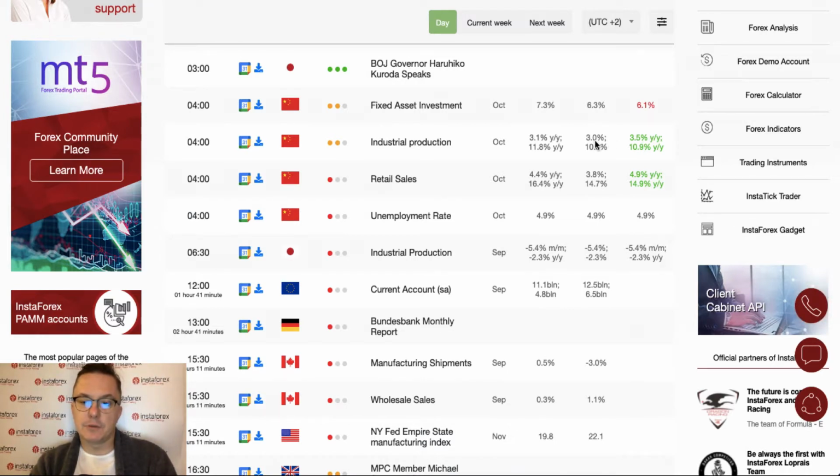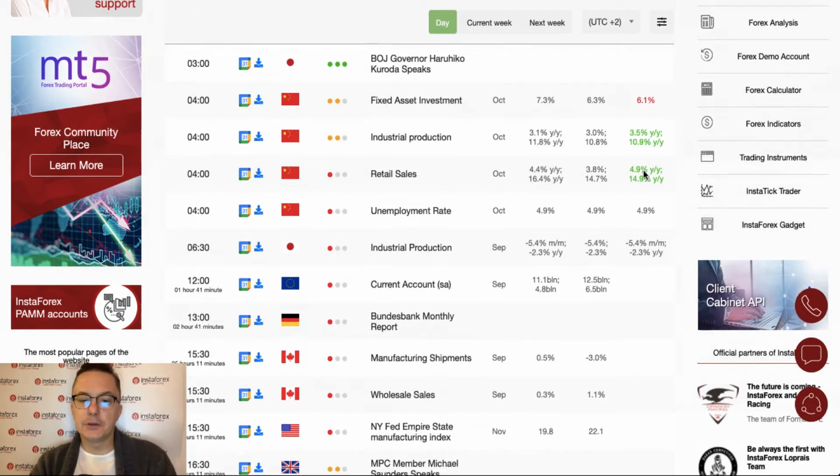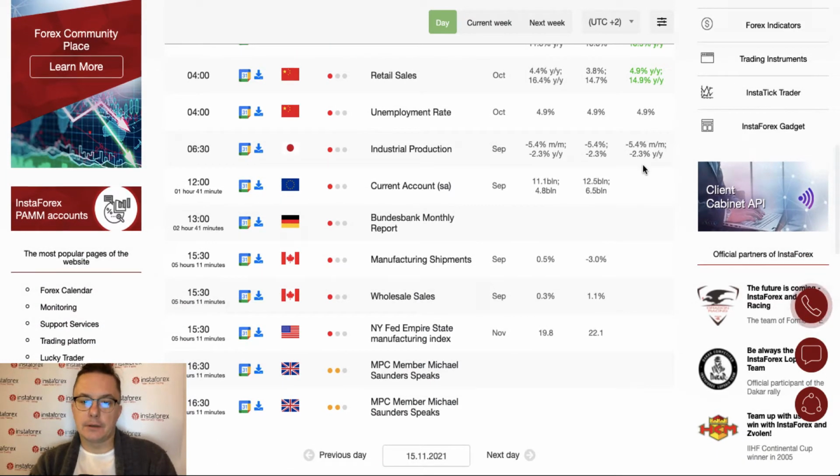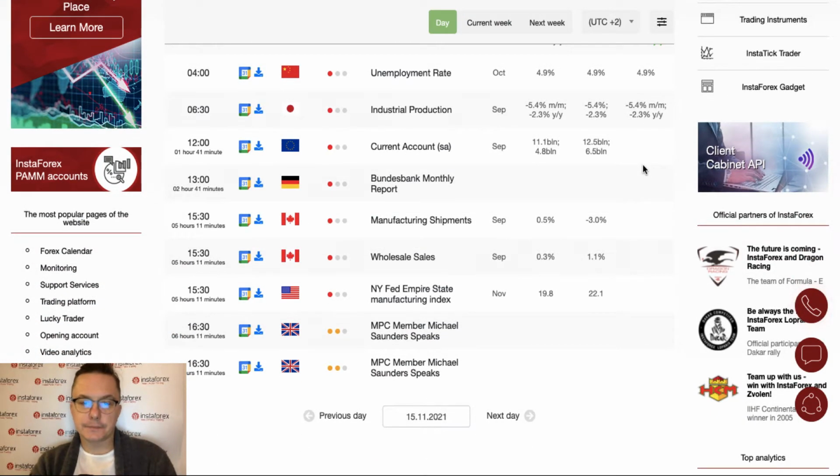The same situation was with the retail sales. From 4.4%, the retail sales increased to 4.9%. So kind of good data from the Chinese economy. During the London session, there isn't much here, as you can see, except the Bundesbank monthly report at